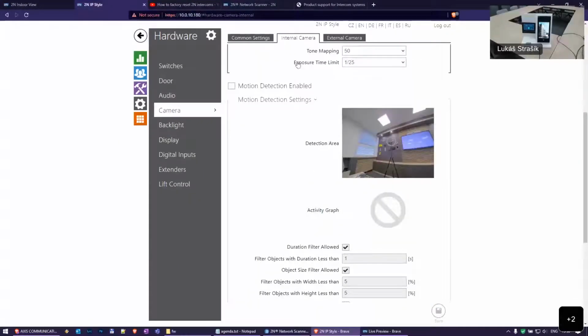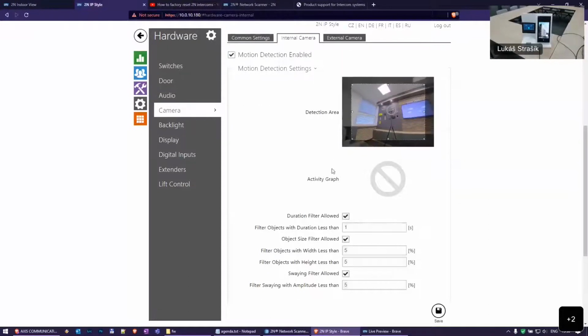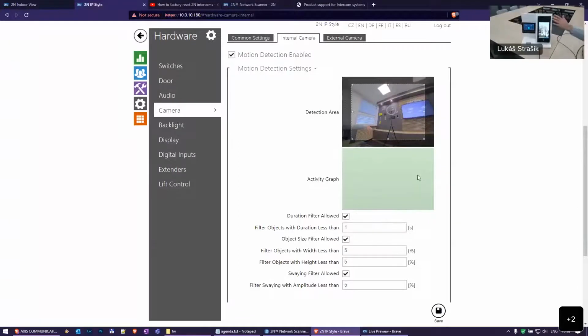Okay, for the camera, there's also another thing that you can enable, that's motion detection. So if you would like to use motion detection, you can enable it here. If I enable it right now, you will see there's a motion graph. Since there's nothing moving in this rectangle, it's fine. Nothing is detected. But if I were to put my hand in front of the camera, there's a little bit of delay. And also there are some filters, but if I move it quite a bit, you should see, oh,